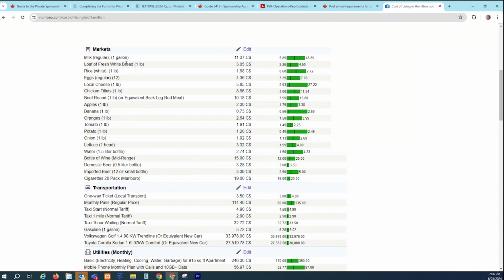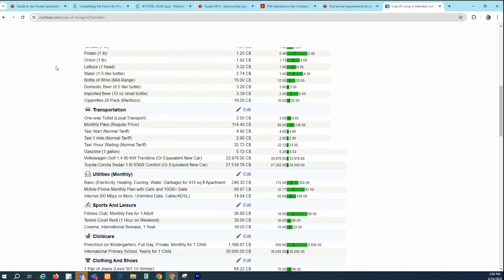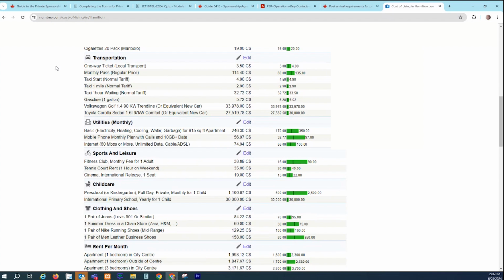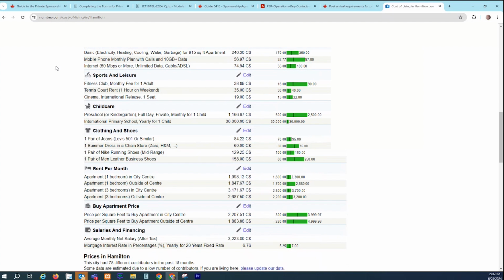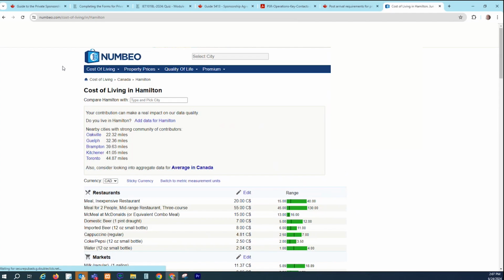So these are general estimates of how much you can anticipate that the refugee family may be spending to get basics for their groceries. And on average, how much they're going to spend for transportation, on average, their utilities, for leisure activities, for childcare, clothing and shoes, and on average, how much the rent is per month in this location. And so this is very valuable information for you to use when you are inputting the information for your settlement